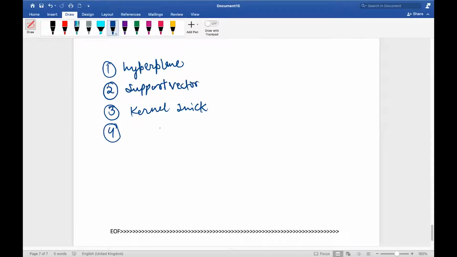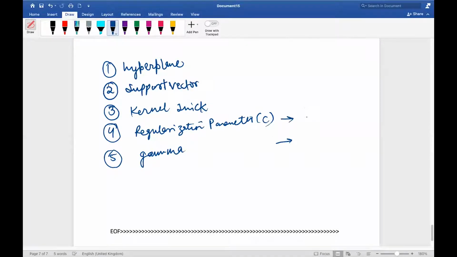What else did we study? The regularization parameter, C. In C, I said higher the regularization parameter, smaller the margin classifier. And lower,